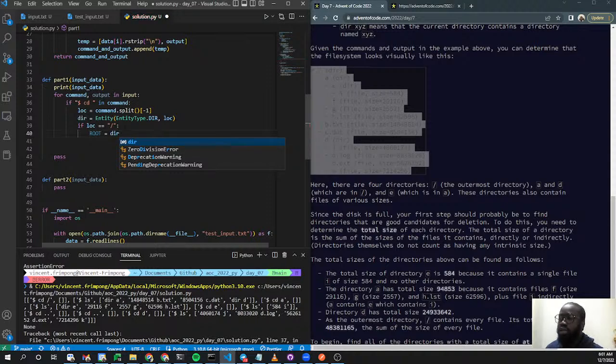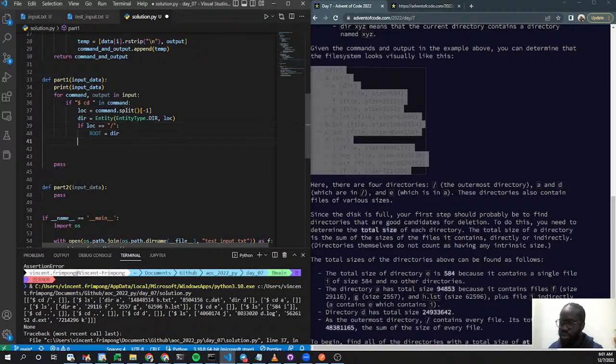This would only be entered once, so we don't really have to worry about it after this stage. So we created an entity. It has no output, so we don't really worry about the output. But if it's an ls, that means moving forward, what we want to do is build upon the previous